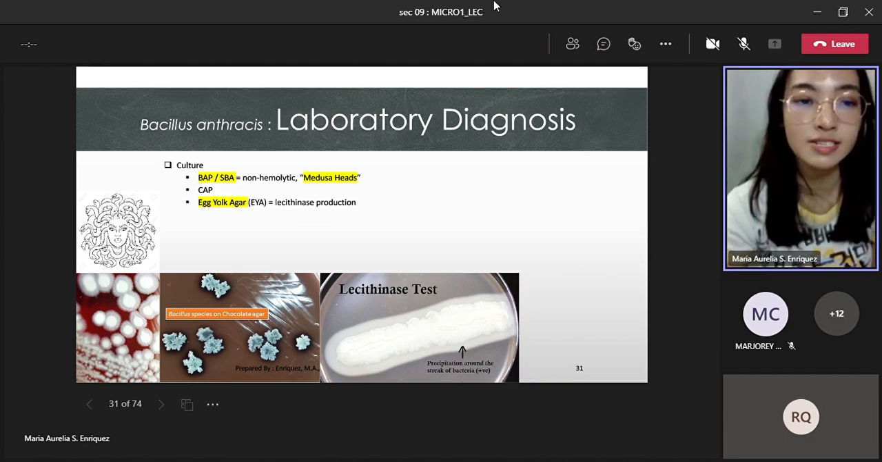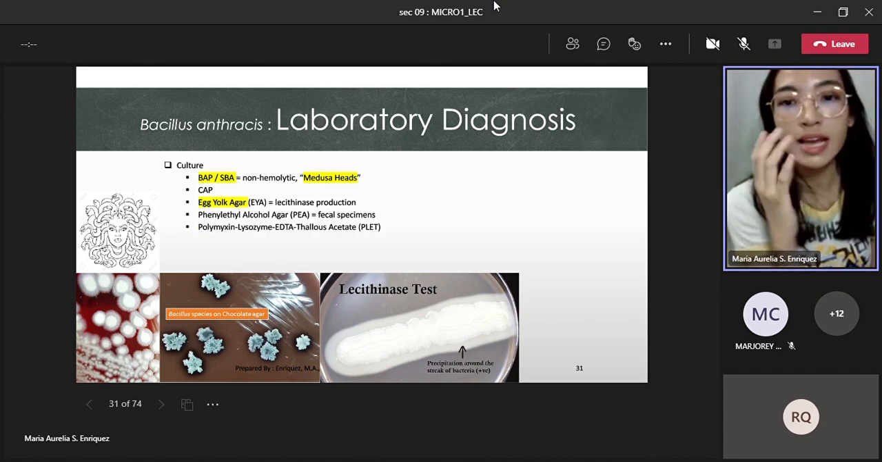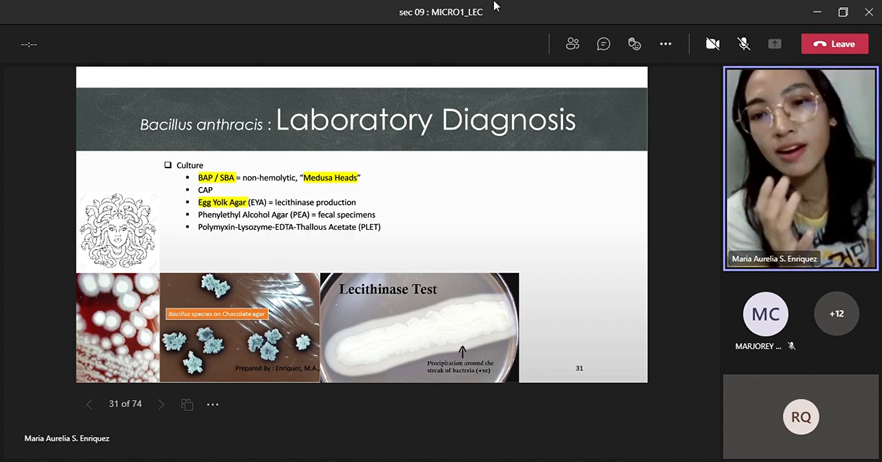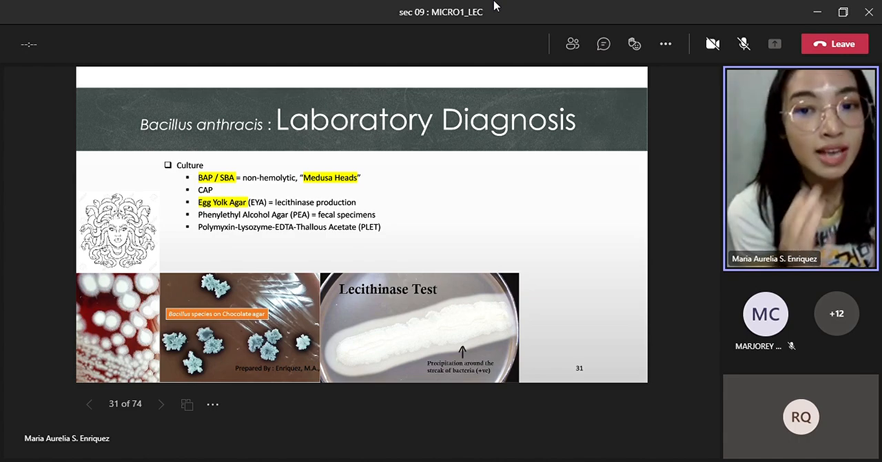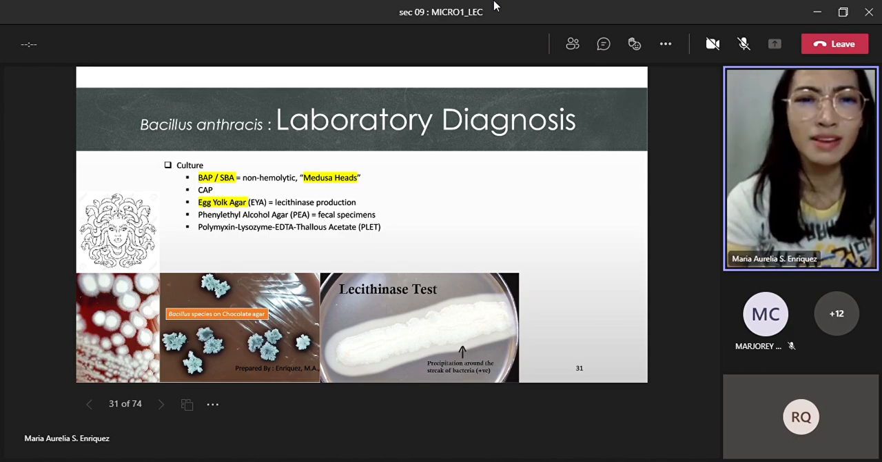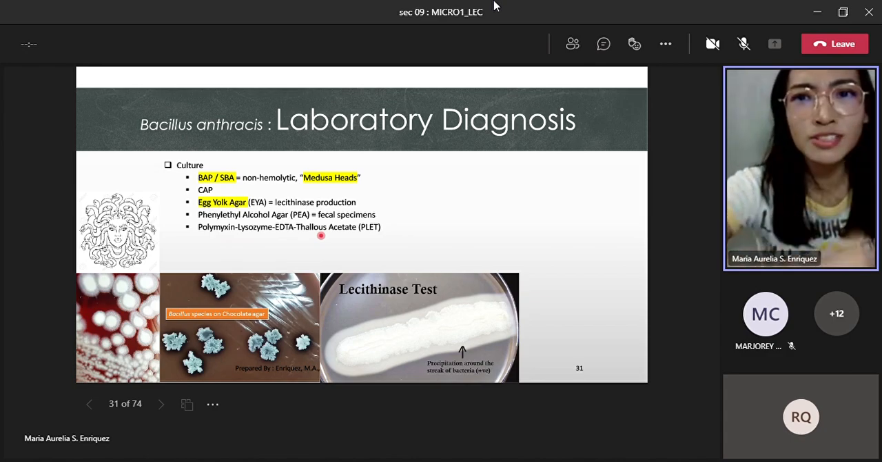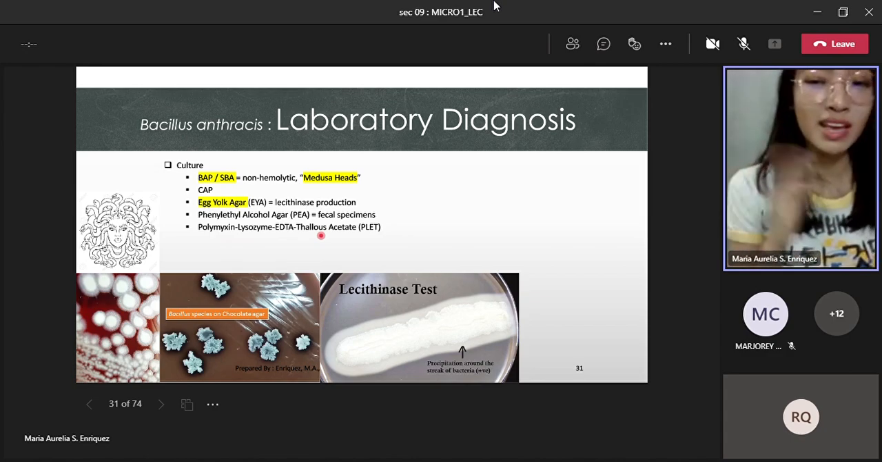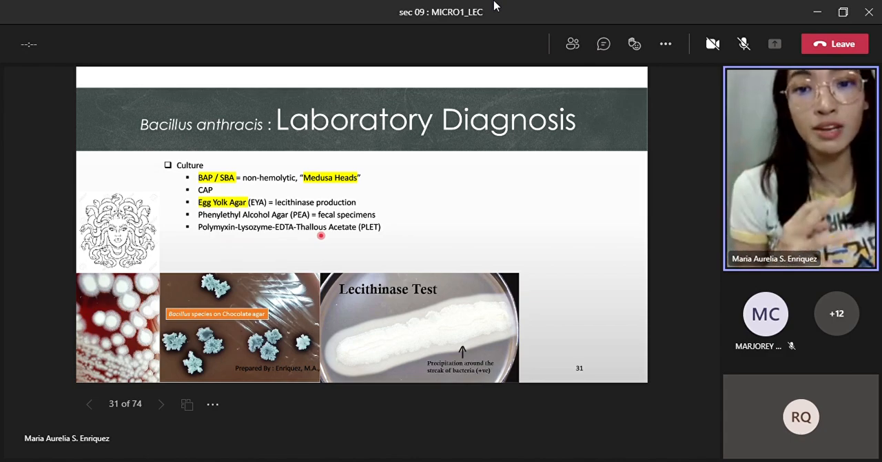the colonies. Okay. Next is the phenylethyl alcohol agar and also the polymyxin lysozyme EDTA thallous acetate medium or the PLET medium. Okay, halos lahat ng ingredients in-enumerate nila dun sa pangalan ng medium. So yung PEA po and also yung PLET medium, this could be